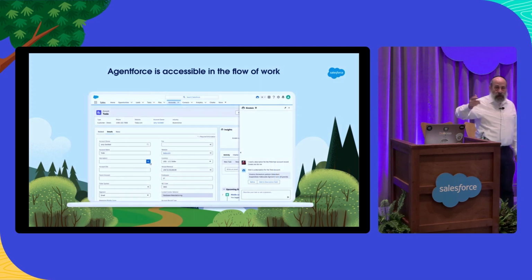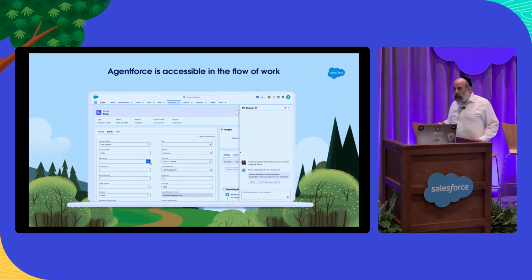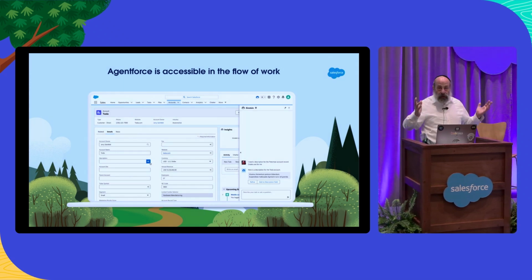Here's an example of a Salesforce record, an account. And you can see there's this description field that has this sparkle icon. I can click on that sparkle icon and have Agentforce generate a description based on the fields on that particular record. So it becomes an actual reflection of that particular account, because it's leveraging the fields on that record. So in that case, I'm not interacting through the panel.